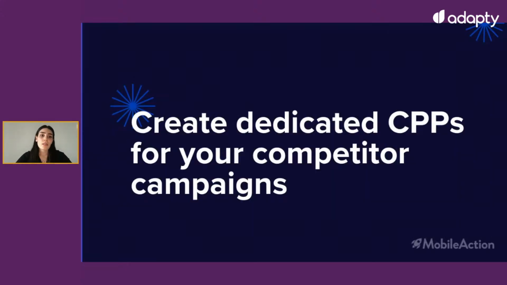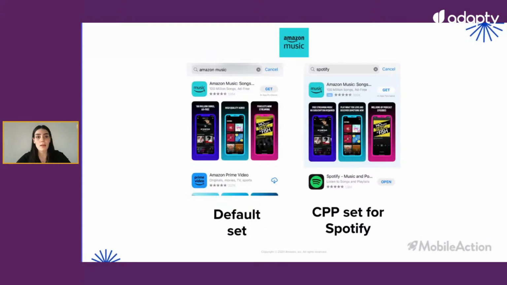Also, you can direct your returning users to a custom product page with a focus on new app features, or use it with your competitor campaign. I particularly like the use cases here for subscription apps because they tend to have multiple use cases and commoditized apps. So let's take a look at what Amazon Music is doing here. Even though they are using the same visuals in the screenshots, the messaging is different for the Spotify keyword, trying to underline no subscription required and millions of podcasts.